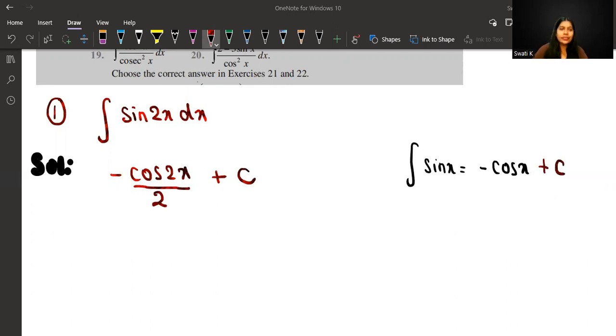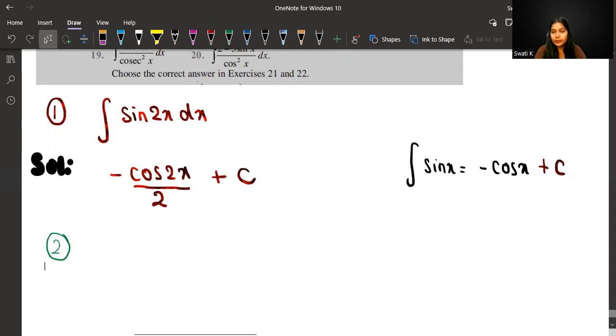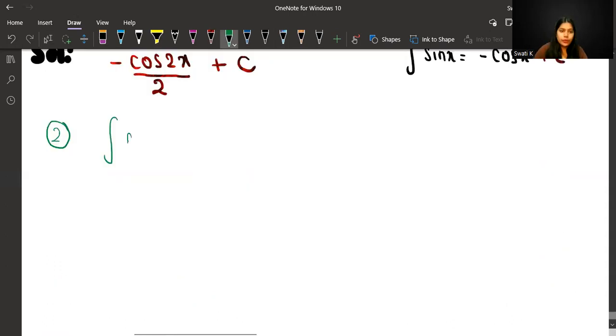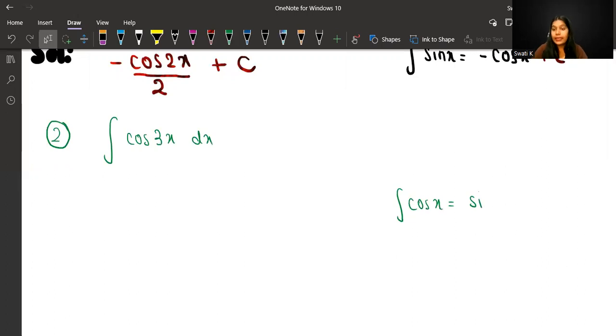Okay, let's go to the next question. So the next question we have here is integrate cos 3x. So we have to integrate cos 3x dx, right? The integration of cos x formula is sin x plus c. So using this formula, clearly it will become